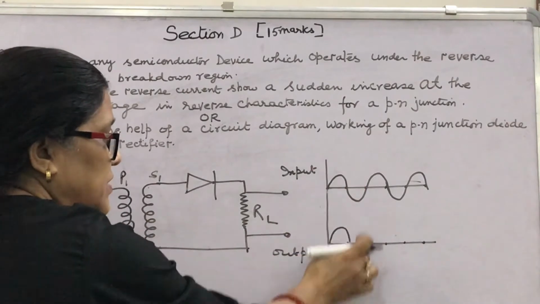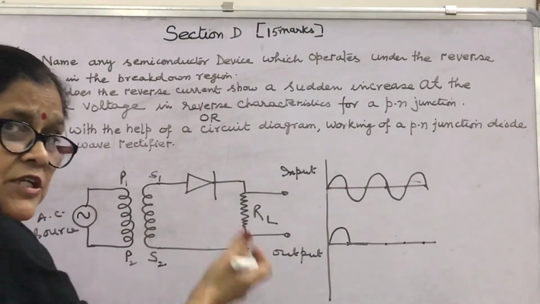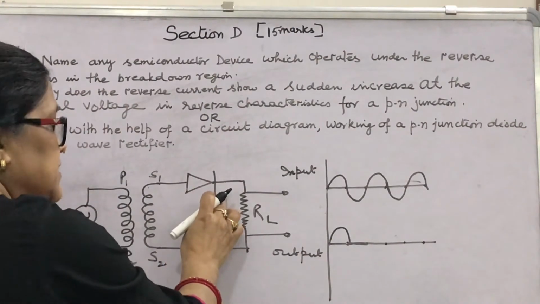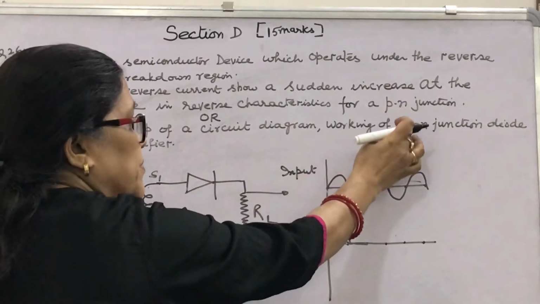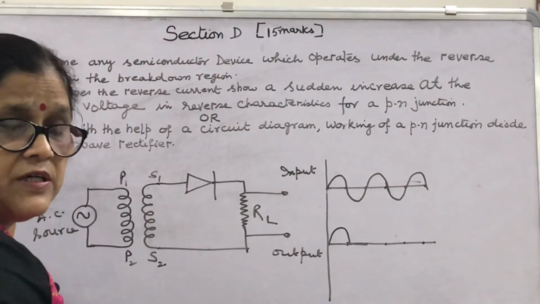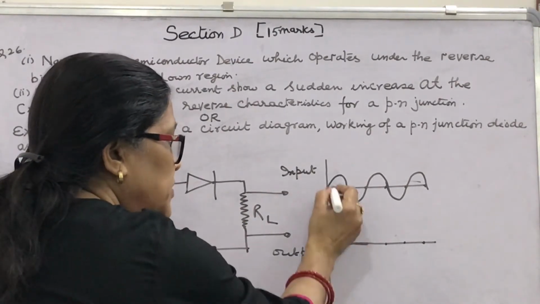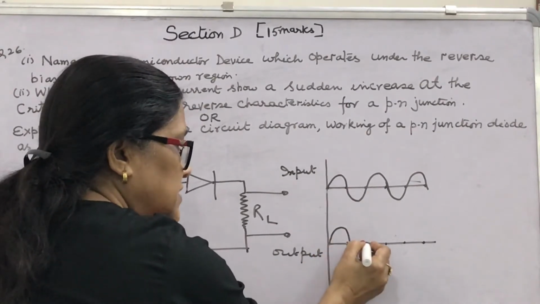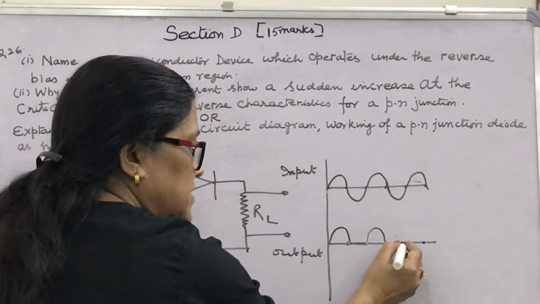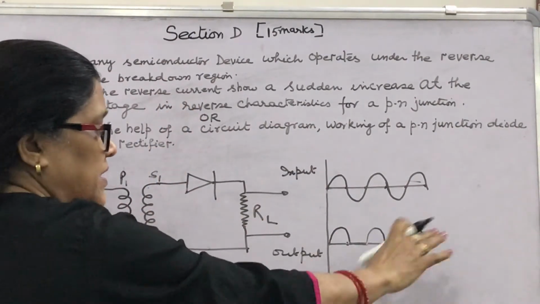That's why you have to draw the diagram like this. Again, this process is repeated for the next half cycle. Whenever P is positive and N is negative, that is, whenever the PN junction is forward biased, it conducts. Whenever it is reverse biased, it doesn't. So what are you getting? It conducts during forward bias, during reverse bias it doesn't. Then again during forward bias it conducts, you are getting output. During reverse bias it doesn't. Again it is conducting, then not. So this cycle is repeated again and again.